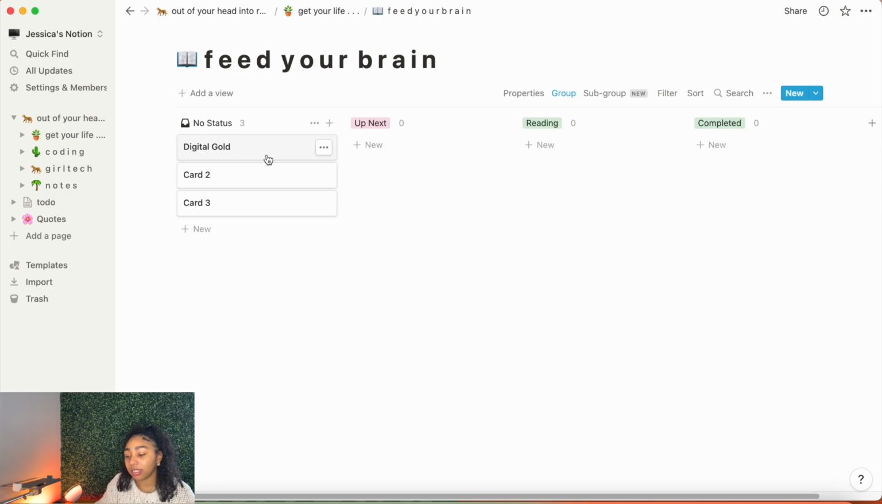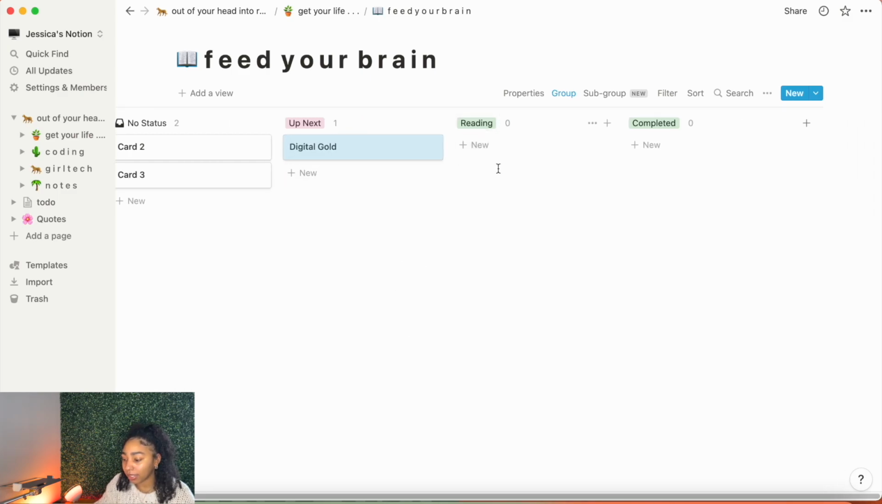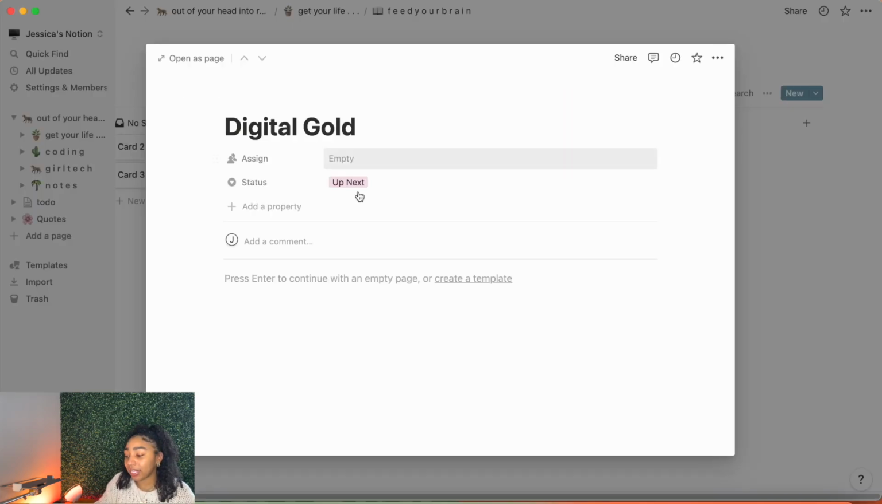So, for instance, this Digital Gold book is a crypto book, I believe. It's about cryptocurrency. And so I'm currently reading Rich Dad Poor Dad, and if I want to say this is the book I want to read next, I can move it to Up Next, and then move it to Reading, and then Done. If you click on this, it actually opens up into a page,